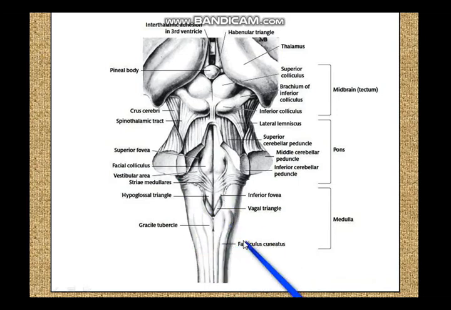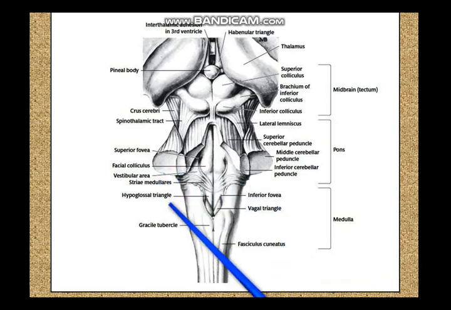And in the closed part of the medulla oblongata you can see the nucleus gracilis and the nucleus cuneatus. So it's called the gracile tubercle or the cuneate tubercle. So you have nucleus gracilis and nucleus cuneatus, and you have fasciculus gracilis and fasciculus cuneatus. They are coming from the dorsal columns of the spinal cord. So from the dorsal white columns, fibers that are rising up are relaying in the nucleus gracilis and nucleus cuneatus, and these are also visible in the lower part of the posterior surface of the medulla.